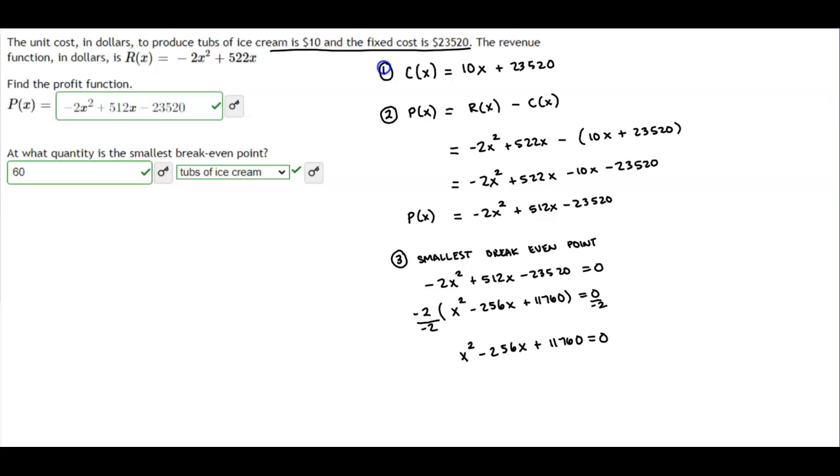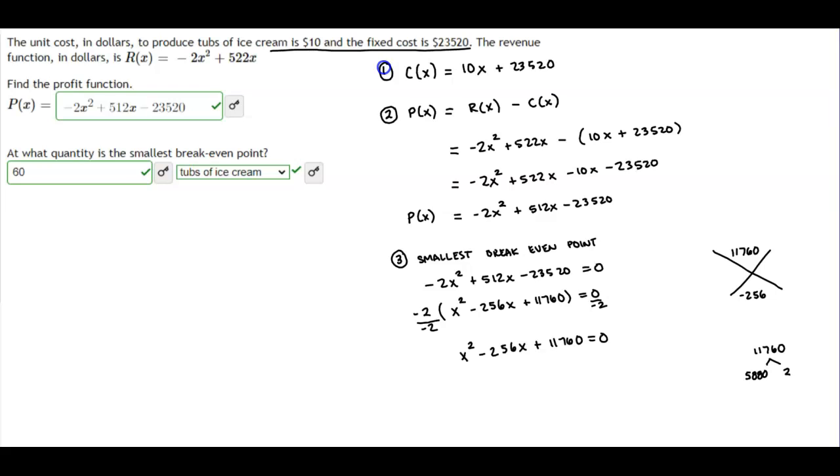Okay, so now what we need to do is factor. So we need to come up with what two numbers we can multiply to get 11,760, and when we add them together, give us negative 256. Whenever you're dealing with a larger number, the best way to deal with this is to find the prime factorization of these two numbers. One way of dealing with this is that we know we can divide this number by 2,